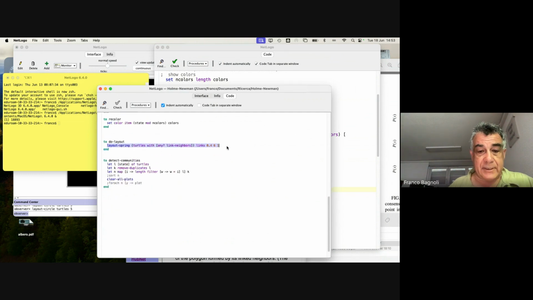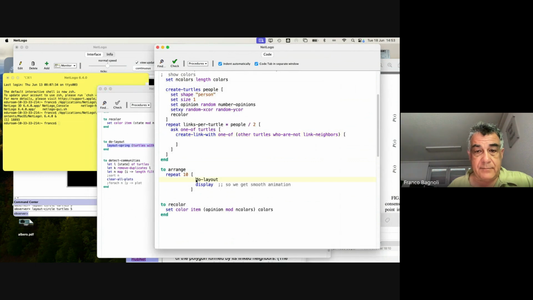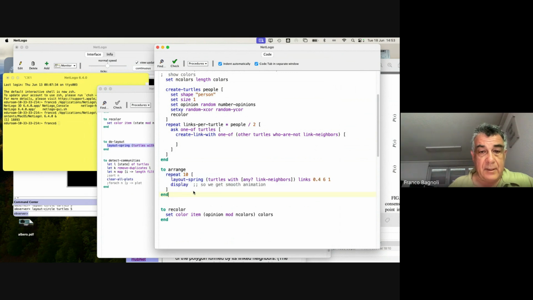Now I shall illustrate. So this simply repeats 10 times what is going on. This says, okay, take all turtles that have some link, essentially, turtles with any link neighbors,